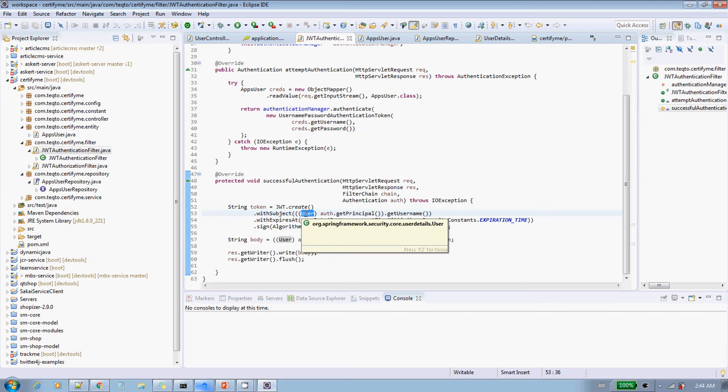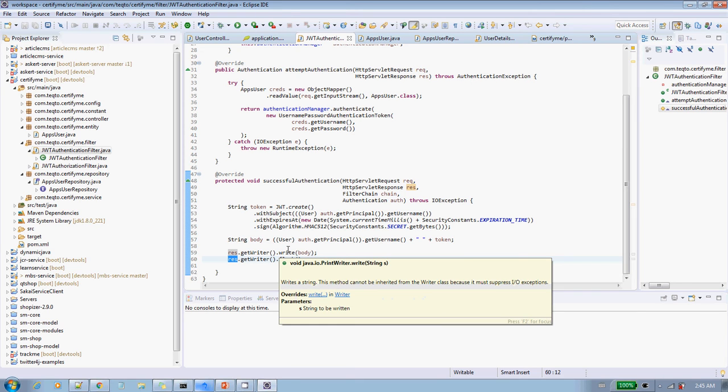So we attach that token to that particular user, apply how long it will be valid and some signatures, and then we respond back to the user with the token. So what exactly did we do here? We added the token in the body and responded in that response. Like that, we authenticated first, created a token, attached the token to the user object, and responded in the response for further communication.